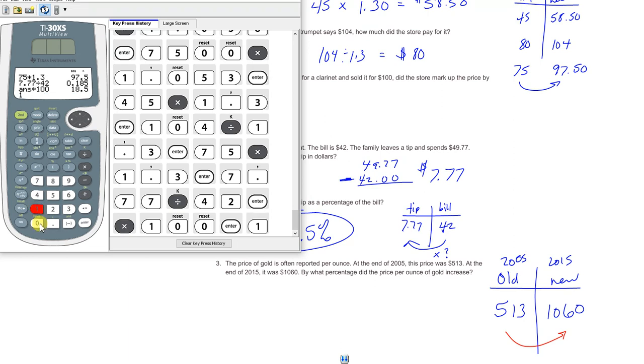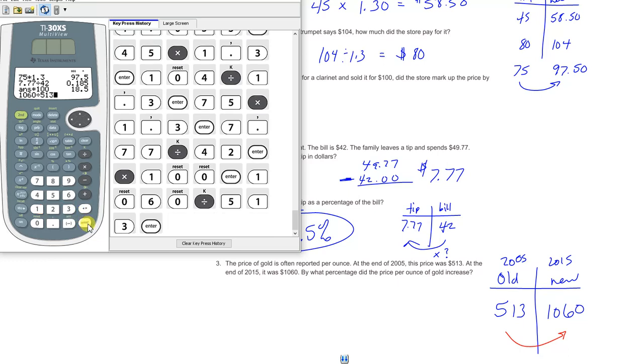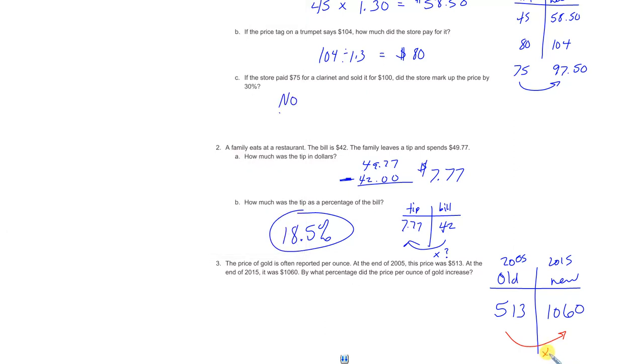So 1,060 divided by 513. So they essentially multiplied by 2.06, and so on and so forth. It doesn't say how to round here, so I'm just going to round to the nearest whole percent, but let's write down a majority of this. So we're going to write 2.0662. So we multiply by